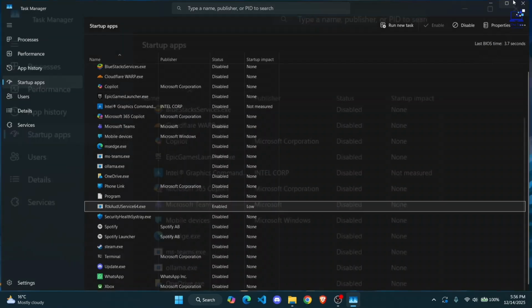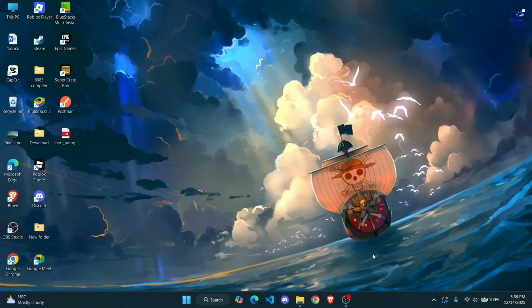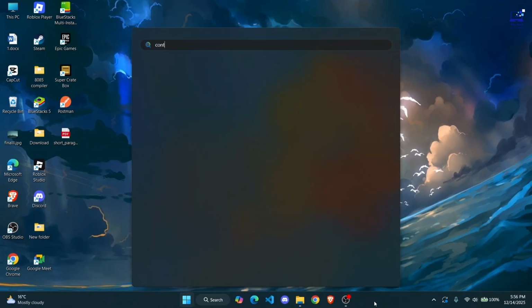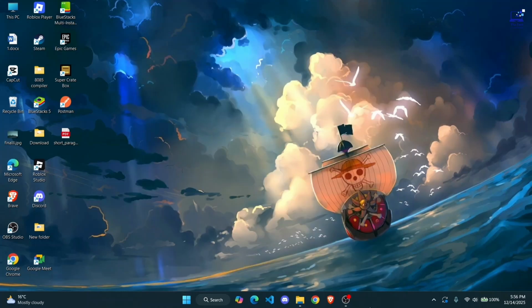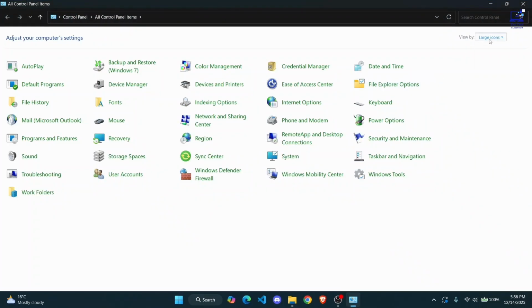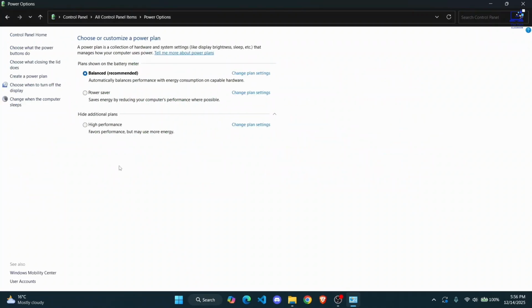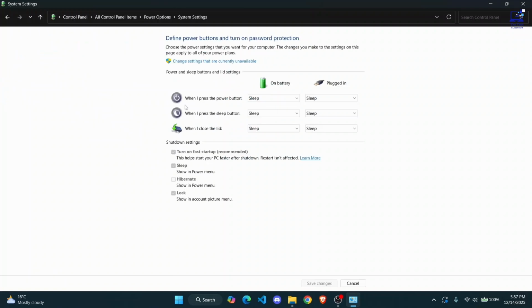Once that is done, close everything out. And then you want to turn on fast startup on your control panel. Go ahead and search for control panel and make sure the view by is selected to large or small icons. Go to power options and then on your custom power plan, you can select this left hand side where it says choose what the power buttons do. Once you click on it, make sure that the turn on fast startup is checked